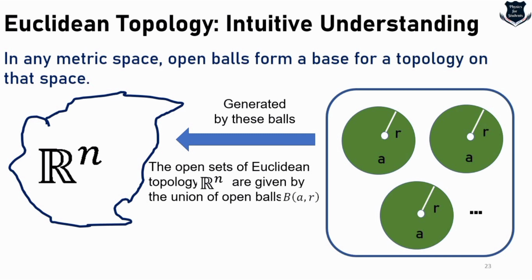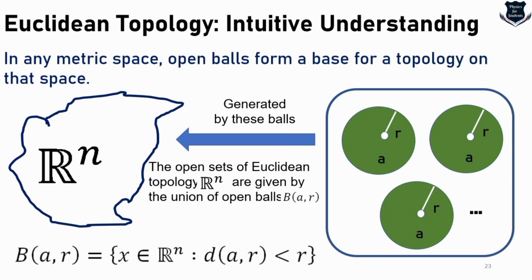And here I write the open sets of Euclidean topology Rn are given by the union of balls, which is this BR. And this is the mathematics, right? So this means that if now we can construct certain rules and come to know more about the open balls, then this difficulty of Rn will become much easier. Why? Because n equal to 1 forms a one-dimension ball, two-dimension, and so on. Right? So in other words, the open sets of the Euclidean topology is actually given by the arbitrary unions of